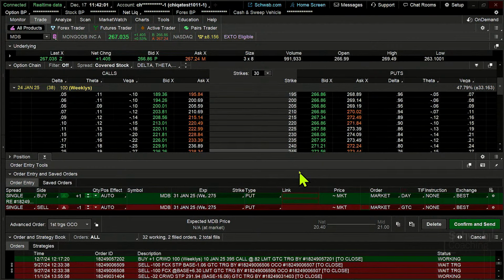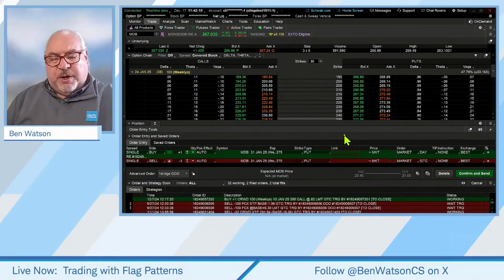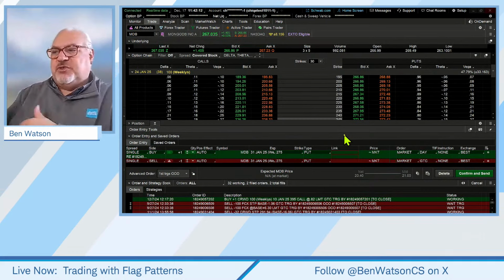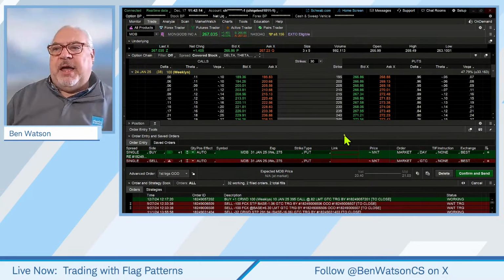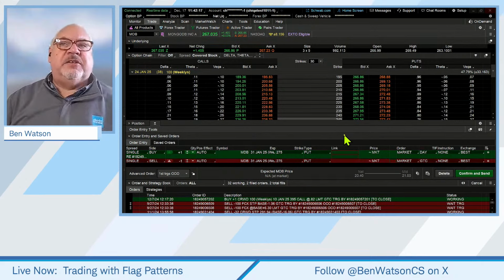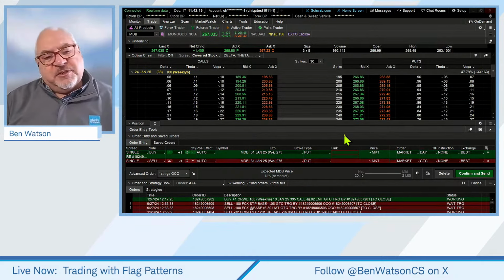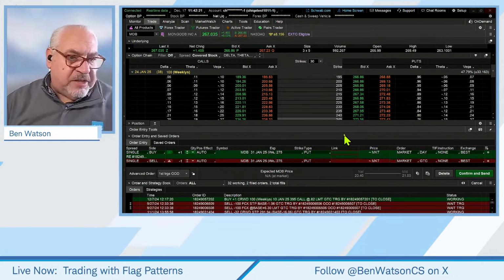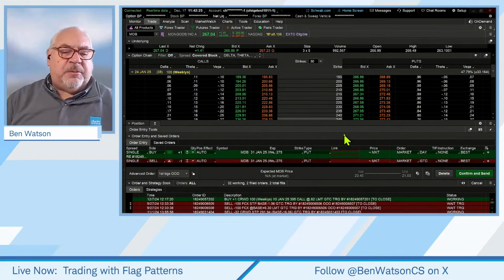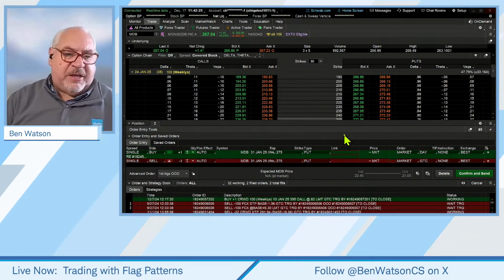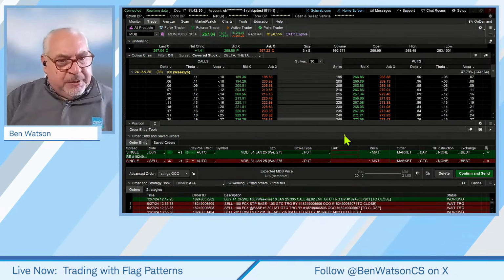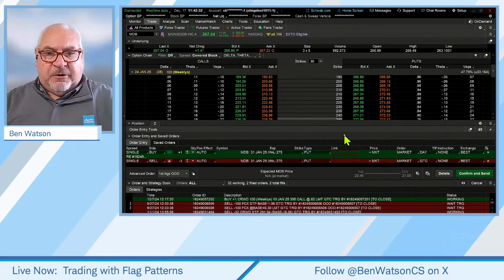And now what we've done is we've created that as an OCO order. So if it goes up, the opposite direction we want it to go, we get out. If it goes down, the direction we want it to go, we get out, right? But that's triggered by where the underlying stock is and not by the price of the option itself. So good question. Great question to ask. And position size based on the premium? Yeah, we would base that around that maximum theoretical loss in the trade. So hopefully that cleared that up and helped clarify that discussion.